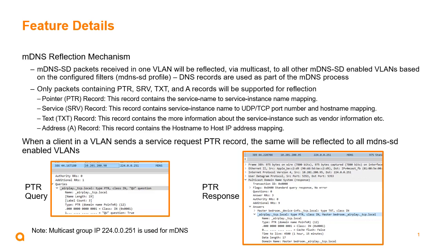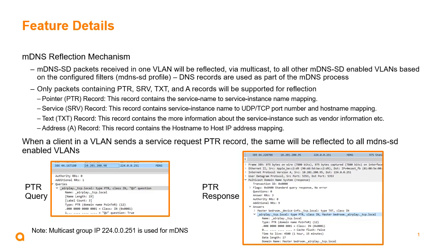So we can see here in this packet capture that the query has been sent out by the iPad, which is requesting to connect to the AirPlay. And then we can see, as part of the query in the packet capture, that it's being joined to this multicast group, which is 224.0.0.251,